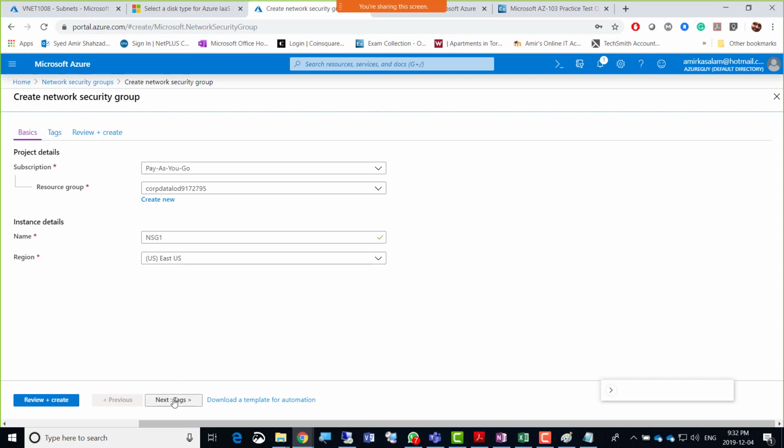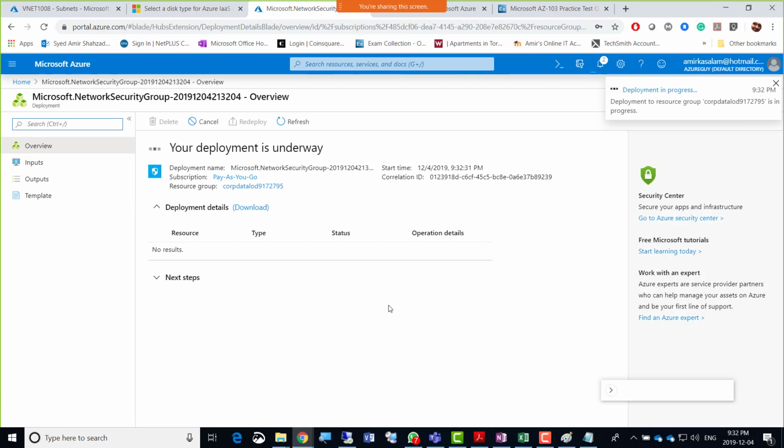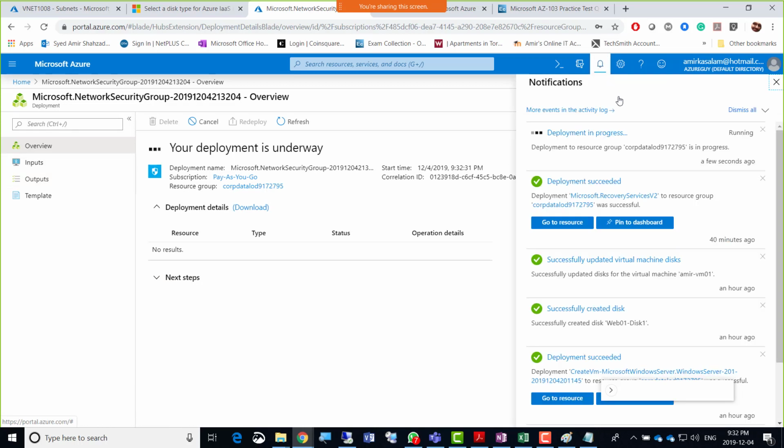Once that is done, next, tags, nothing here, review plus create, and create. So the NSG needs to be created first. One VNet was created, three subnets were created, and they need to be attached to an NSG that blocks the traffic from the internet and to the internet both. So now the three subnets are created, but we need to go for the NSG that blocks the traffic.